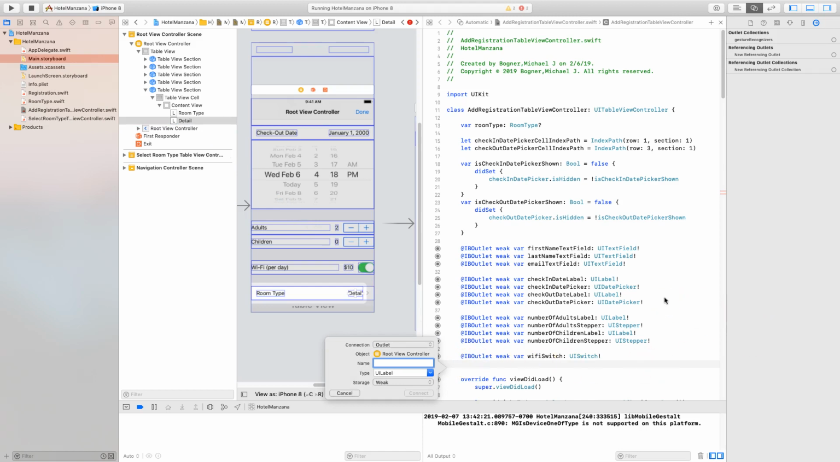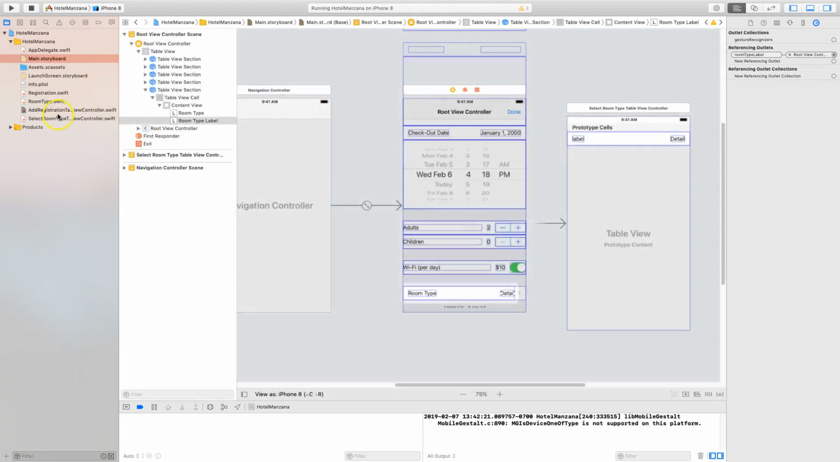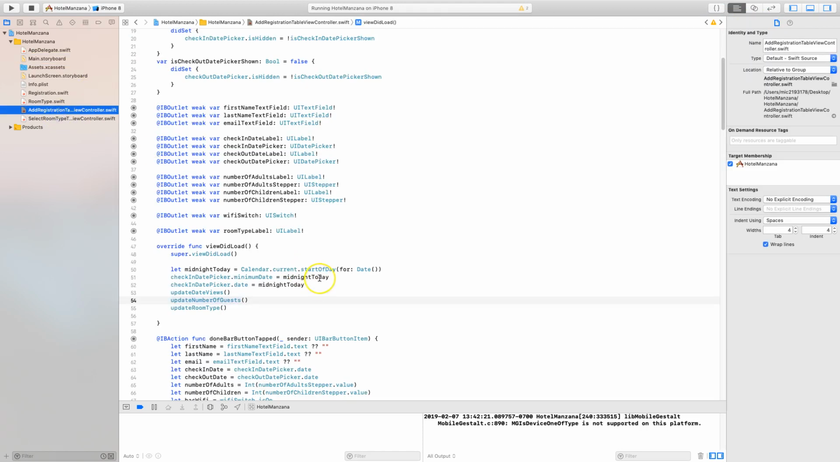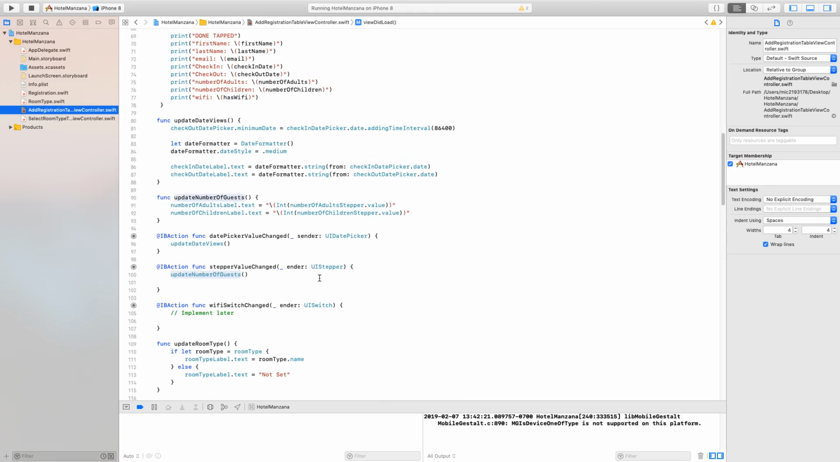And what we're going to call that is our room type label, and we will go ahead and connect it. So now let me see here, that should eliminate the errors that I was seeing. So let me just go ahead and bring up the view controller. So basically, if we go down to our